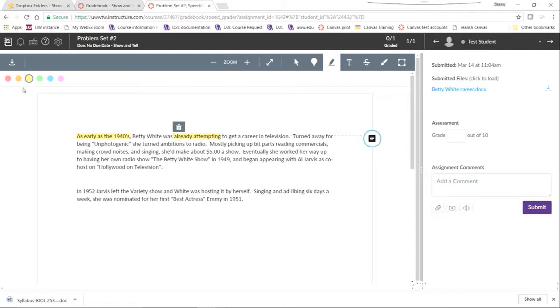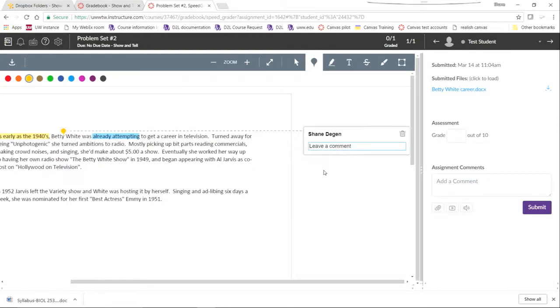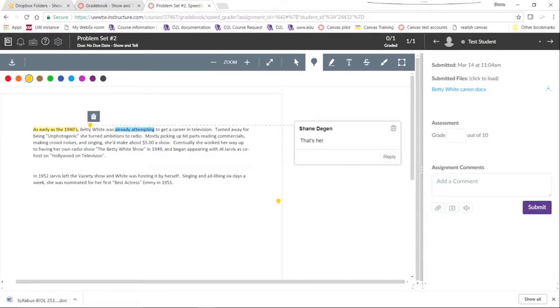Highlighting in various colors. Adding notations at specific points. Adding additional text for feedback. Strike through, again in various colors.